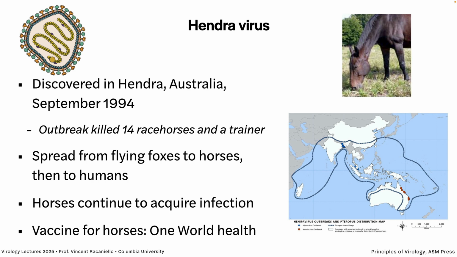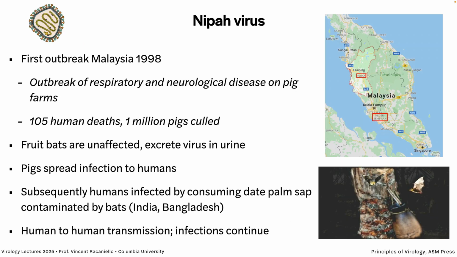This is called a One World Health approach. The idea is that the world is all linked. All the living things on the planet are linked. So if you treat one, you can treat many. One World Health. All right, next was Nipah, outbreak in Malaysia in